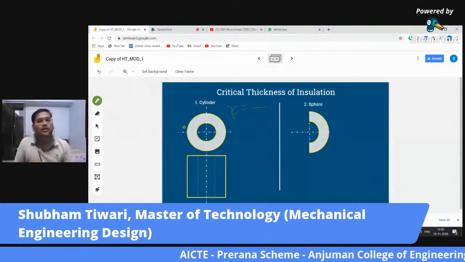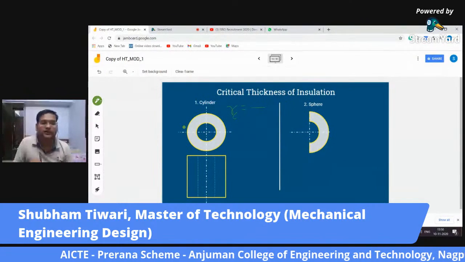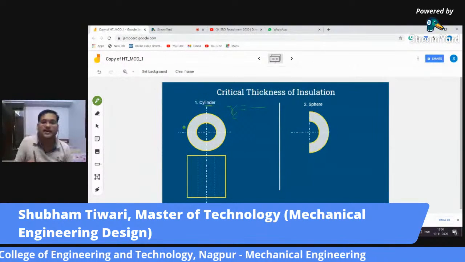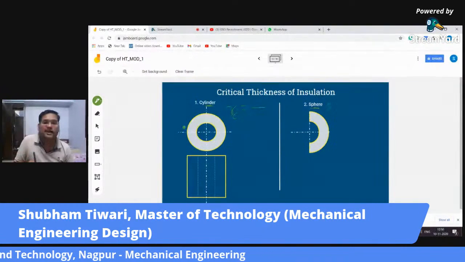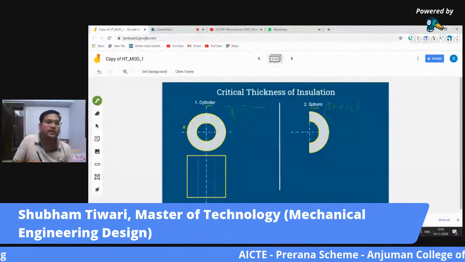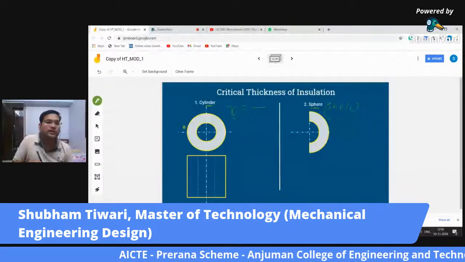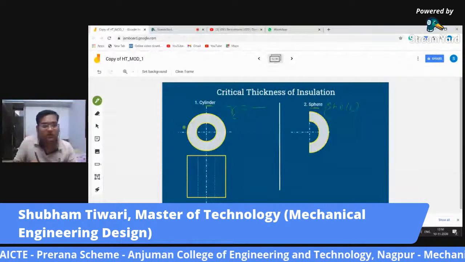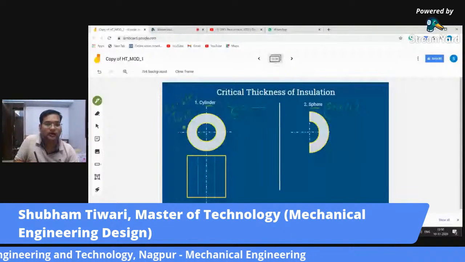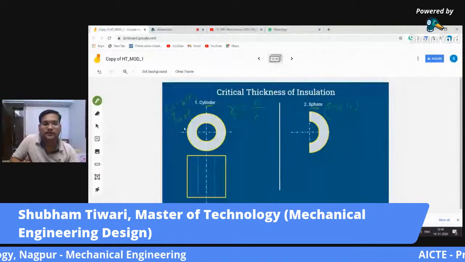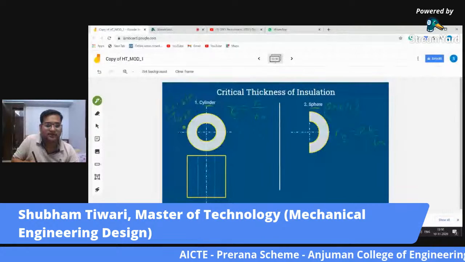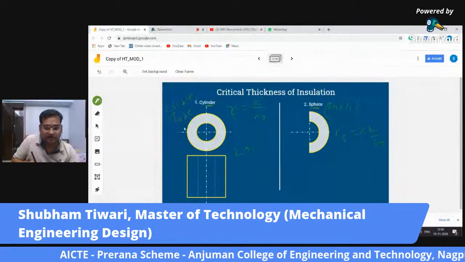So let us come back to our concept of critical thickness. We will either be facing a cylinder or a sphere. A sphere can be a shell, and a cylinder can be a cable, wire, etc. Anything it can be. So critical thickness of insulation for a cylinder is K upon HO, and that for a sphere is 2 times K upon HO. Now this K is the conductivity of insulating material,